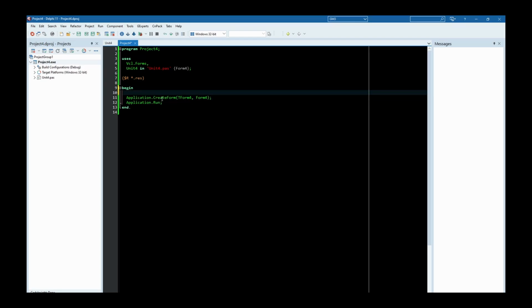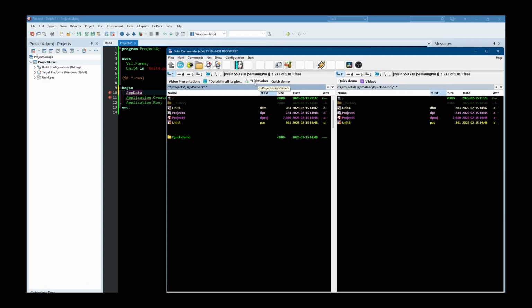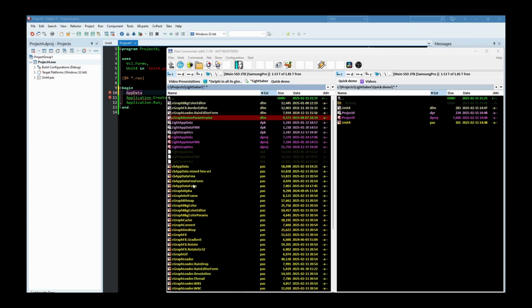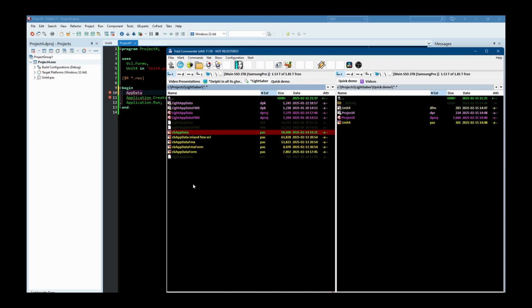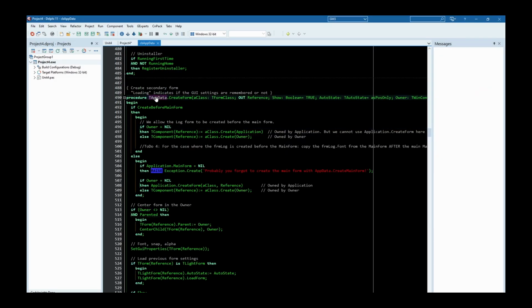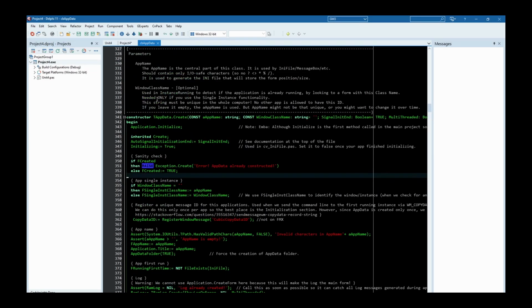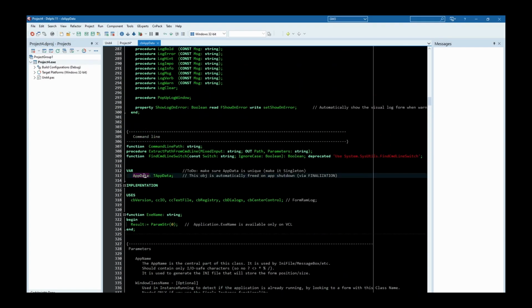So we have a global variable, UpData. This already exists and it's defined in the Lightsaber library. So the global variable is here.